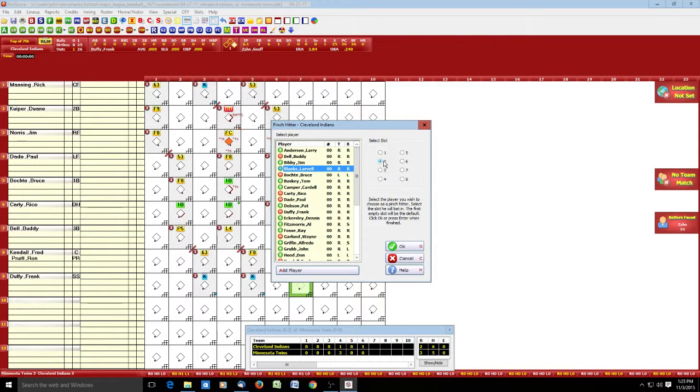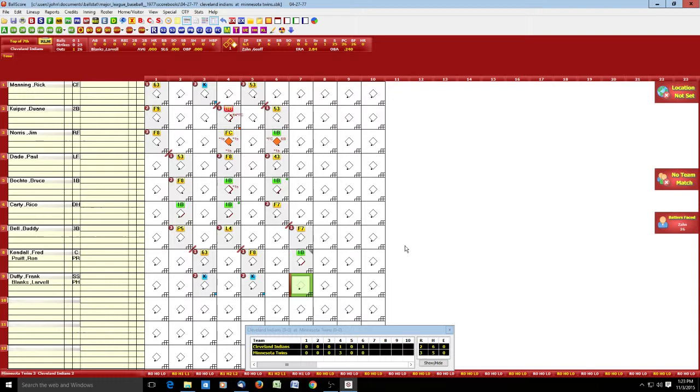So we've got him in slot 2. We click OK, and we see that Blanks is now in the game. You'll also notice BallScore has put this little gray triangle in the corner here. That's to represent that it's a pinch runner. So we're going to get into that a little bit more as we go on in this game, because you'll see there's